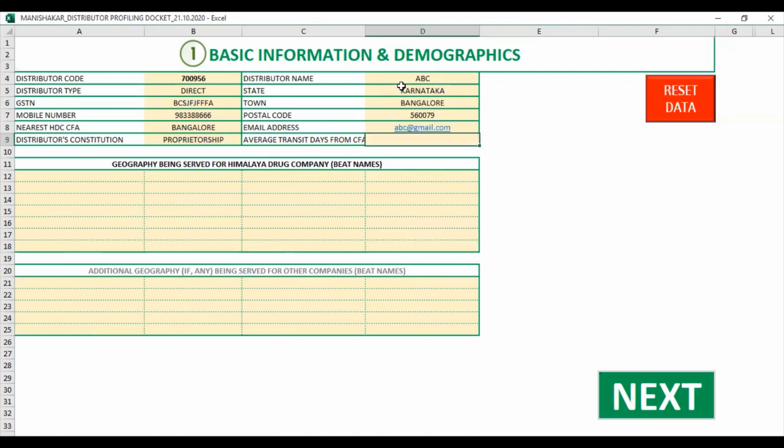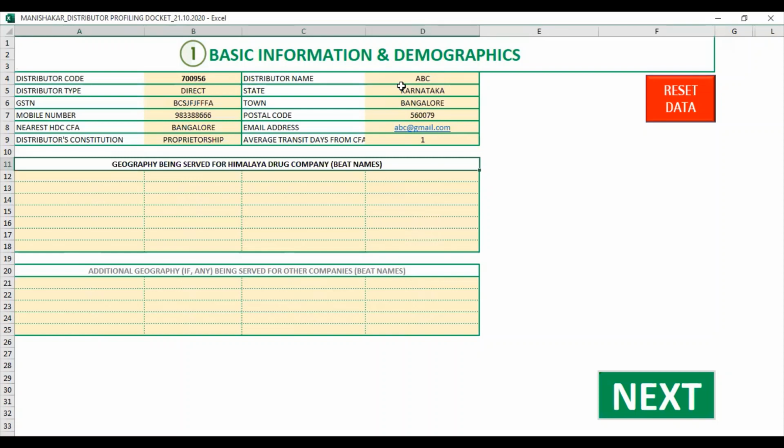Email address. Average transit days from CFA. Since it's a Bangalore distributor, it gets delivered within 1 day. Here we have to write only one, not one day as text. Another is geography being served for Himalaya Drug Company, beat names.